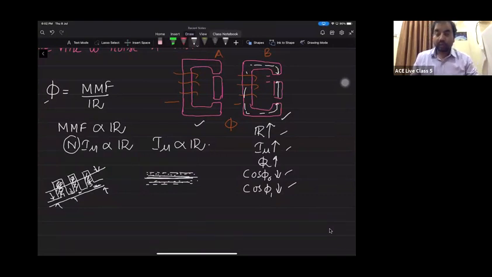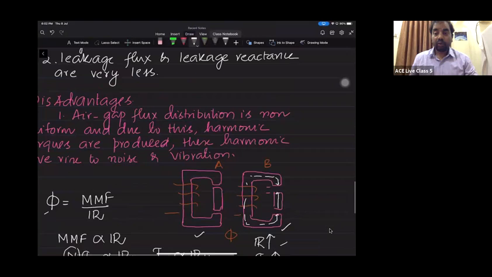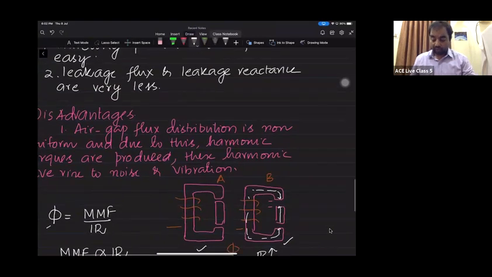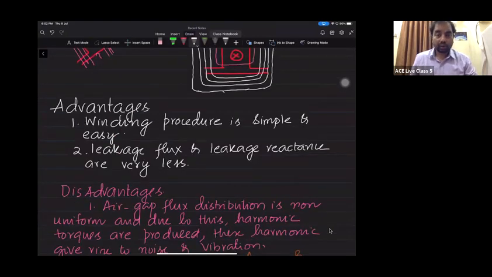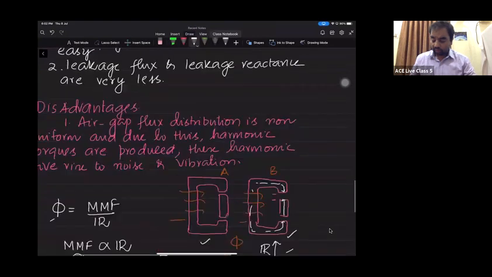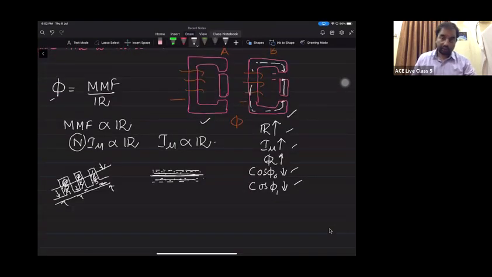See, because of the wide opening of the slots, what happened now? The average length of the air gap will increase. So the magnetic circuit, which is supposed to be A, looks like B. Then the reluctance increases, and the magnetizing current will increase. Then obviously the machine will draw